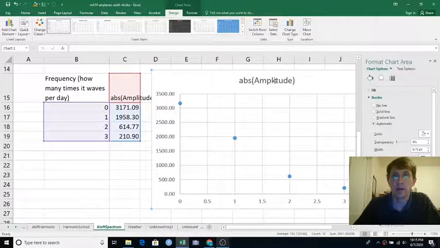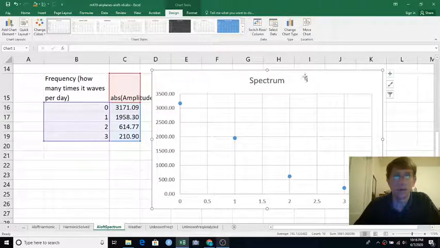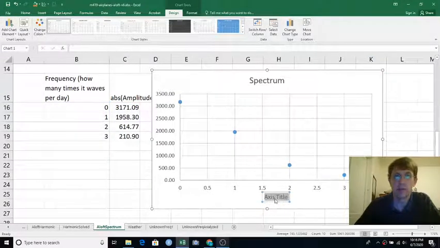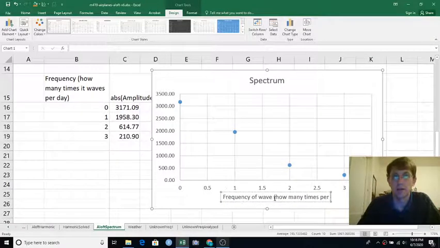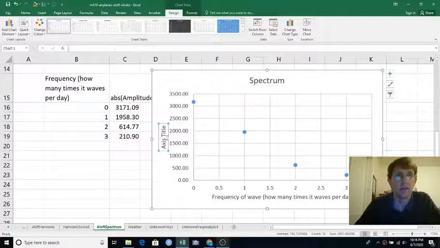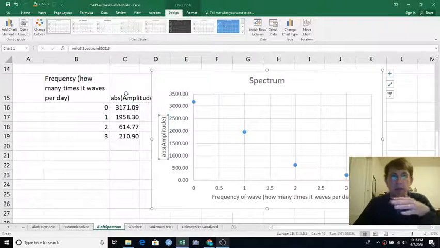So this plot is called a spectrum of what's going on, and let's make it clear that the x-axis here is the frequency of the wave, how many times per day. And the y-axis here is the absolute amplitude. It is sometimes interesting to plot the non-absolute amplitude to see if some waves are flipped upside down,